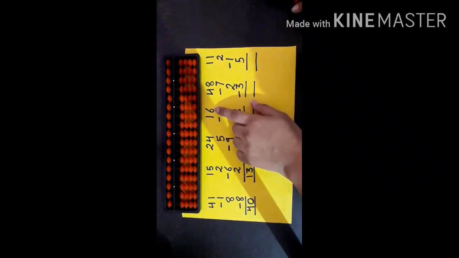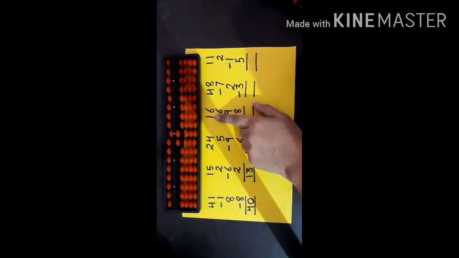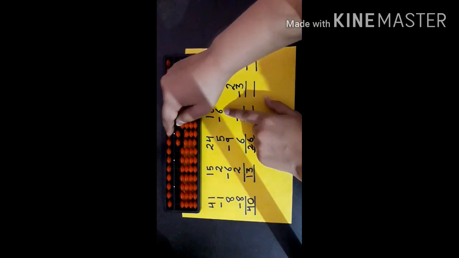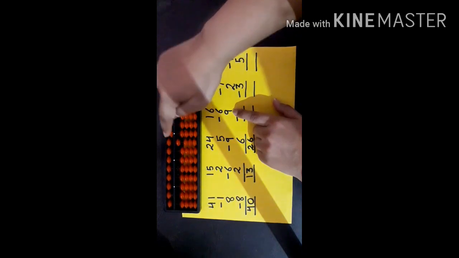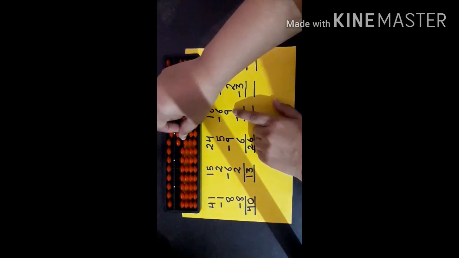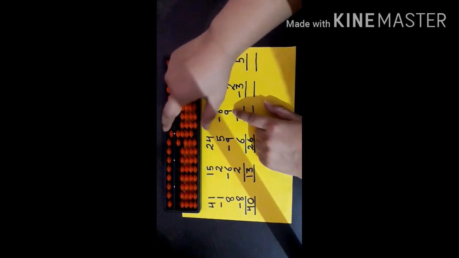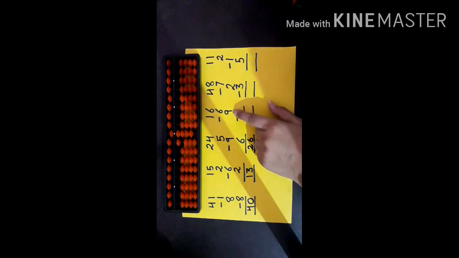Now next, set your abacus. First number is 6. 5, 6. Second number is 1. Now next you have to minus 6. Minus 6 means 5 back to its position, 5 and 6. Now add 9. 5, 6, 7, 8, 9. You have used the upper beads and the lower beads both. As the bead touches the beam, it attains a value.